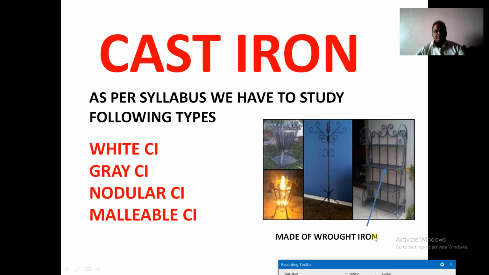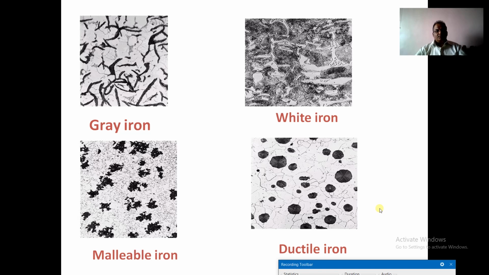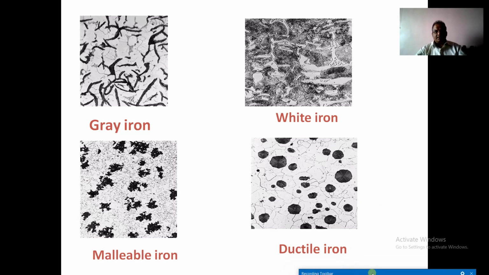Wrought iron can be made by the puddling process, and it has a very low percentage of carbon, of the order of 0.002%. Now, as per these types, what we are observing here are the microstructures, which mostly deal with the chemical compositions and the phases that appear in the microstructure.